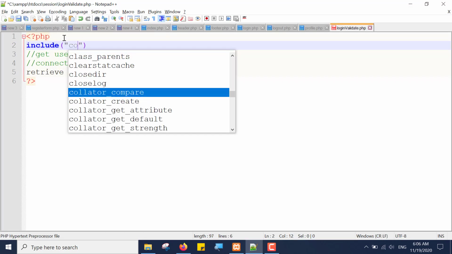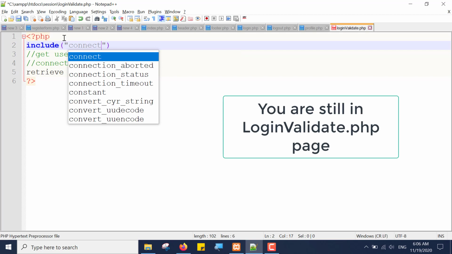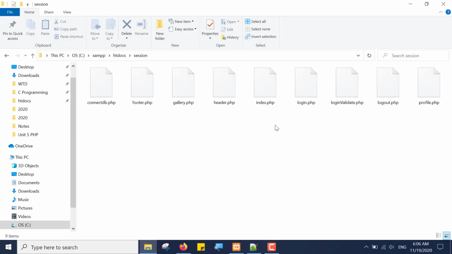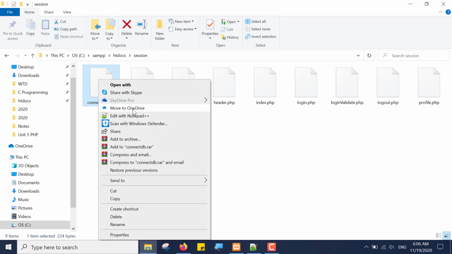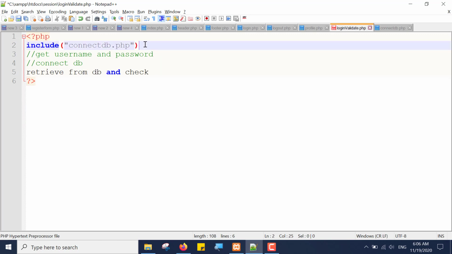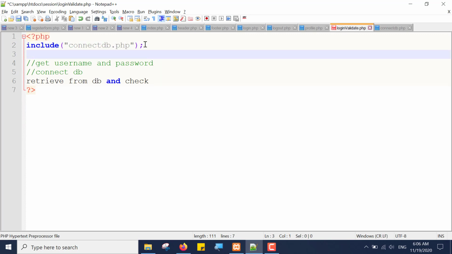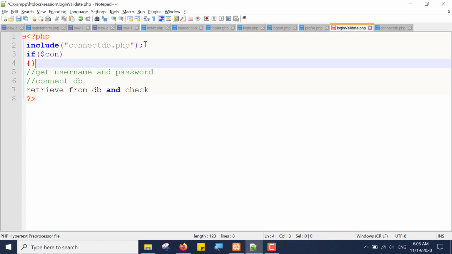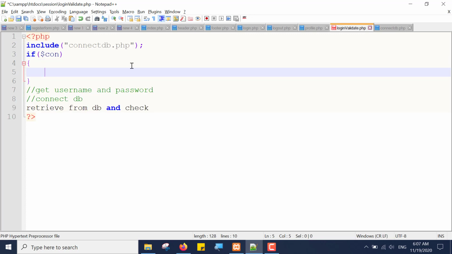Include connect db.php. Let me check once, connect db.php. So I have the server name, and the variable name is con. Fine. So I've connected to the database now. And if $con is connected, so before that I'll ask